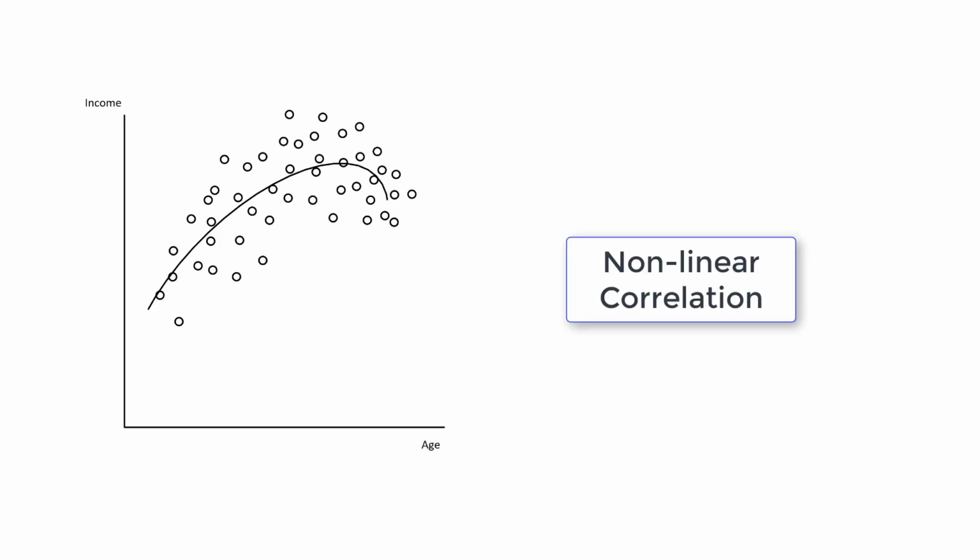The last point that I will make is that correlation is not always linear. For example, income generally increases with age until you approach retirement age. Then the correlation becomes negative. Therefore, in a case like this, you must account for non-linearity in the analysis of the relation between these two